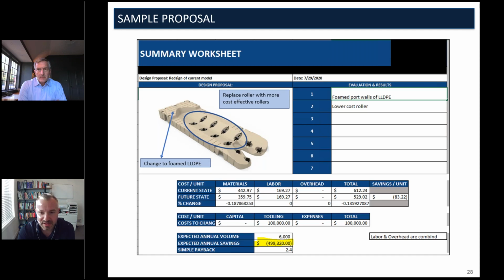It may consider things like how much inventory do you have to burn off, what sort of capital tooling investments might you need to make. Maybe there's testing or regulatory that has to happen as well. So all of those things get considered. It's not just a calculation of one part price versus another in the new world. It really has to be a total cost of ownership calculation that puts these proposals together. So when we put these together, there's no presenting this to leadership half-baked. A lot of that work has been done. The heavy lifting of, is this really possible, has already been thought through. And these are the ideas that are really viable that make the cut to be on these summary worksheets.